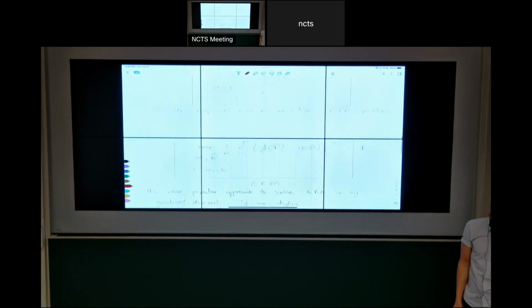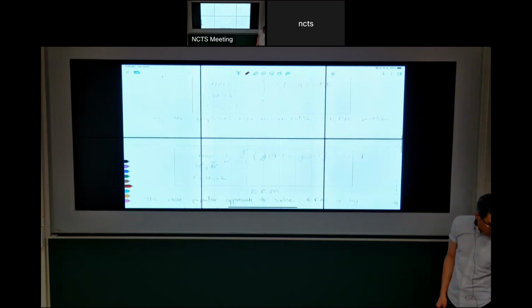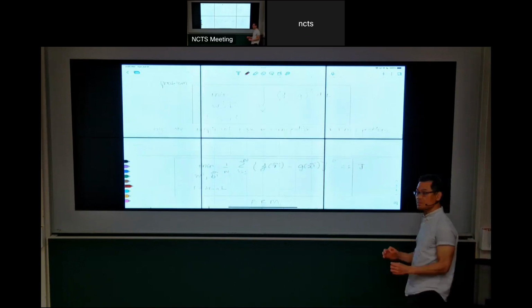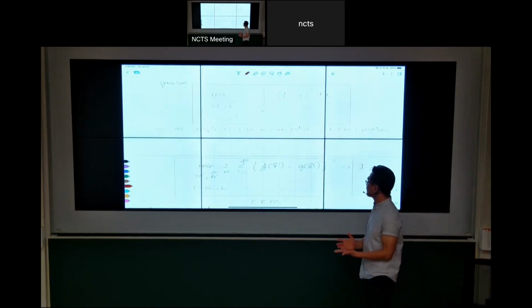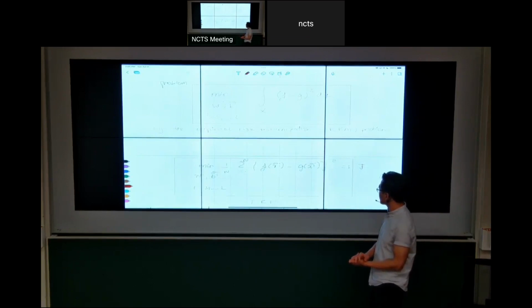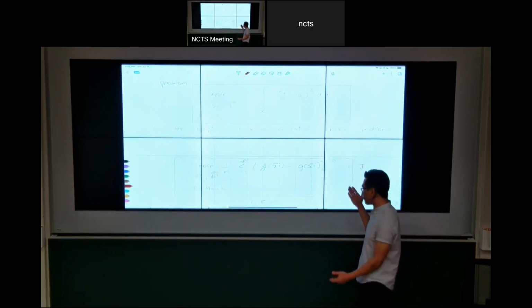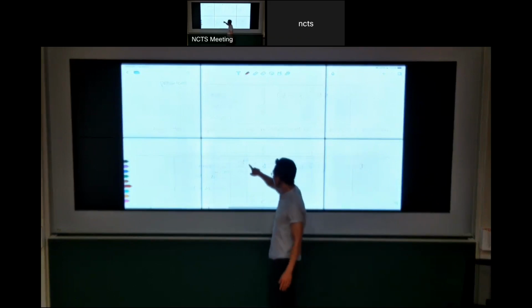The good thing is that in a practical situation, even though we don't know g, we typically have some observation about g, right? In our case, we assume that we know a certain number of points. In this case, we assume that we have m points, right? And at each point,